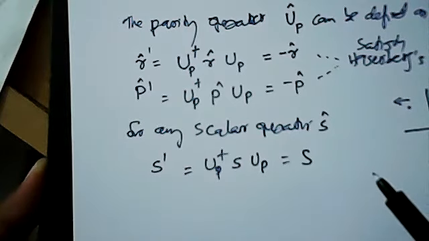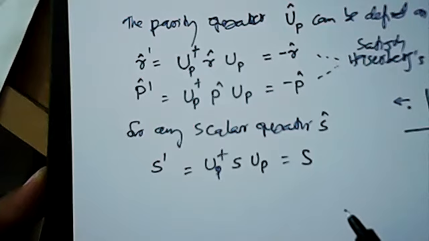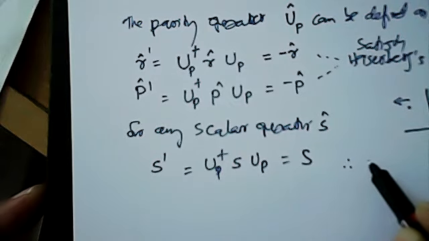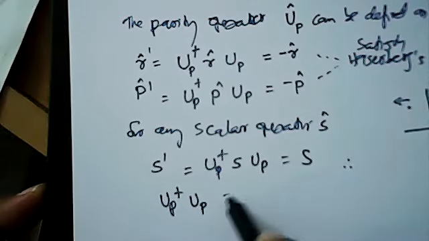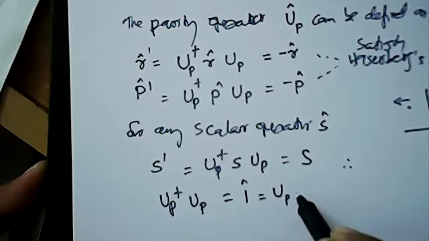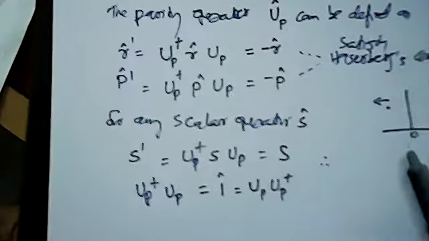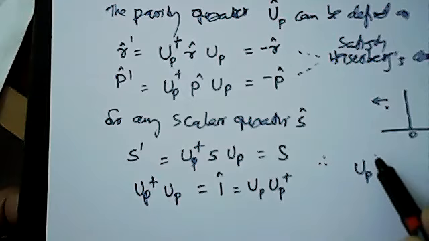So from this, what is UP? S dash and S are the same. Therefore UP dagger UP should be 1 for UP to be unitary. So this can be written as UP dagger, which is the definition of a unitary operator. So the unitary operator you can define as UP dagger equal to,